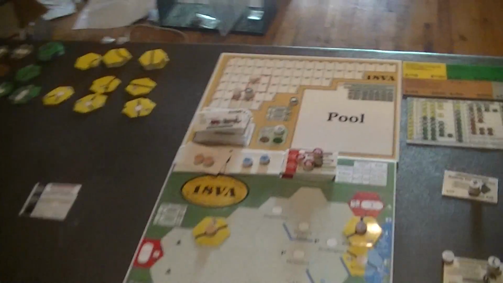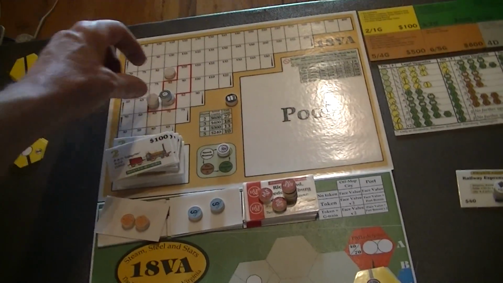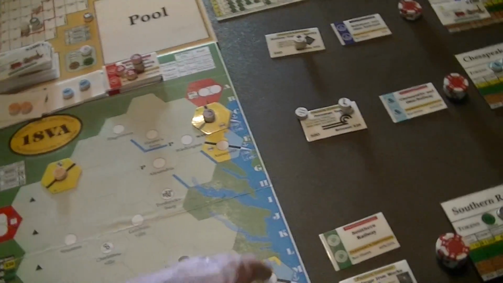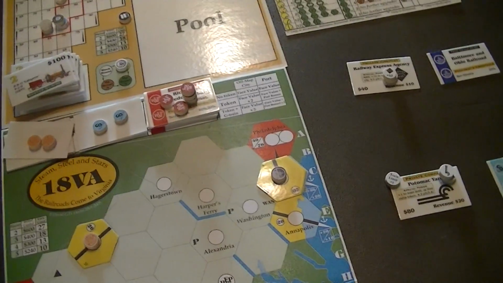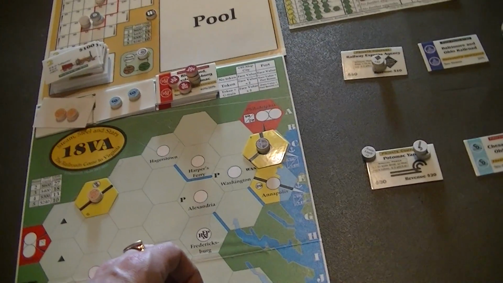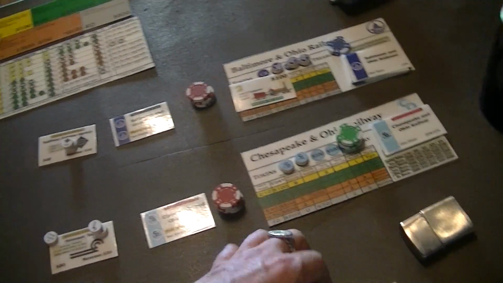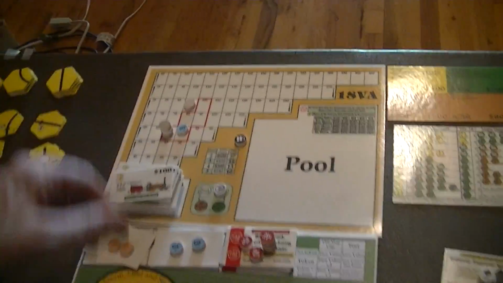The Southern, and they're going to be basically trying to duplicate the situation here. I can't jump right into there, so we'll lay our track this way. We pay our $100 for our train. We go back. C&O's